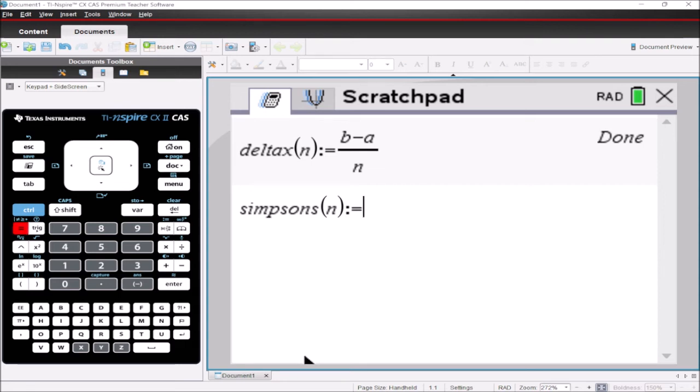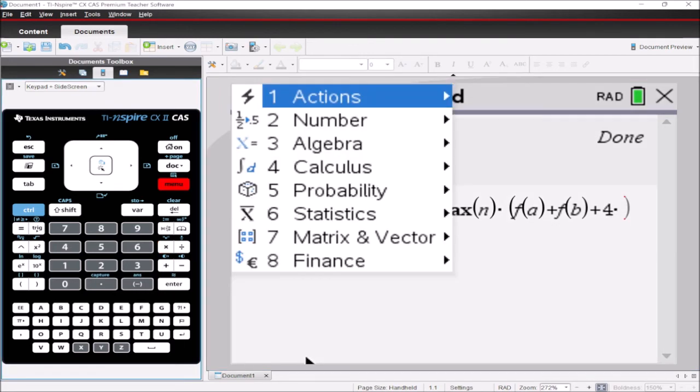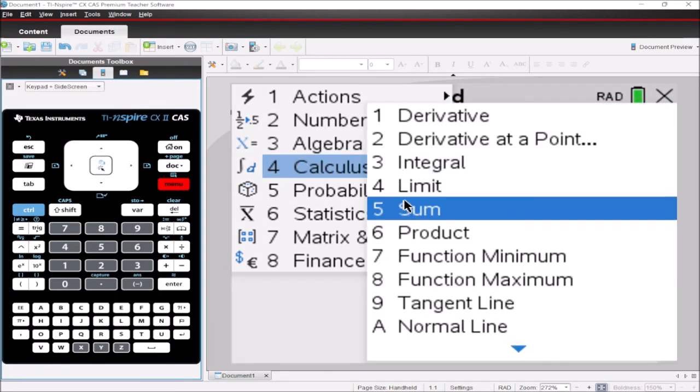I'm going to define as 1/3 times delta x of n times, right, now we're going to have f of a plus f of b plus 4 times a sum, right? So menu, calculus, sum,